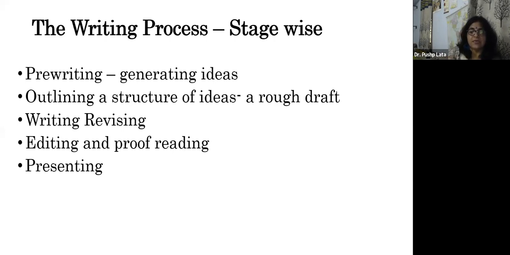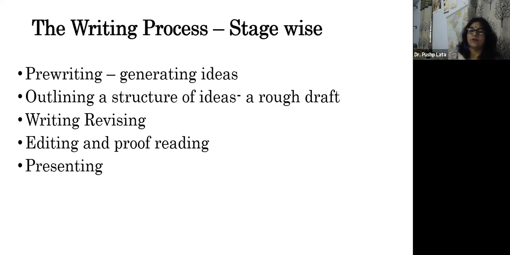You need to see if proper alignment is not there, or when you have constructed the paragraph, when you read that paragraph once again, you find that it's not logically connecting with the next idea. So you can see what needs to be done now. So editing is where you give one major careful go through of the entire draft, where you do not hesitate in deleting or adding some new information.